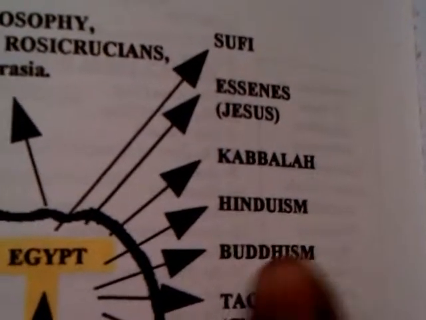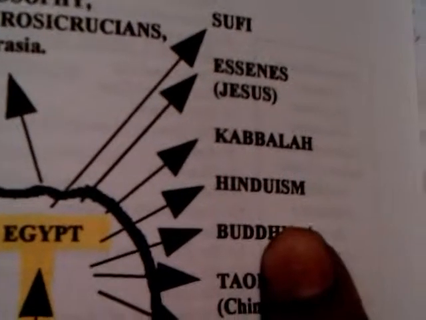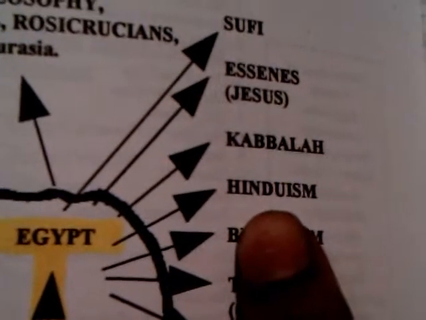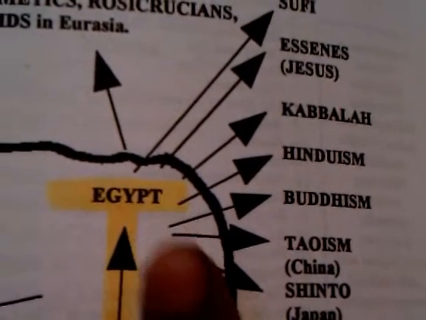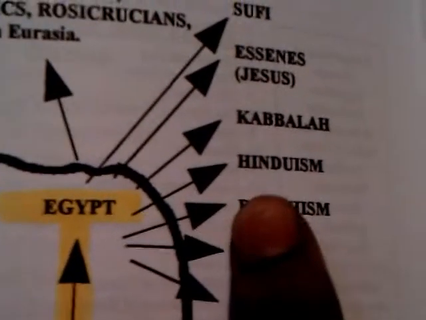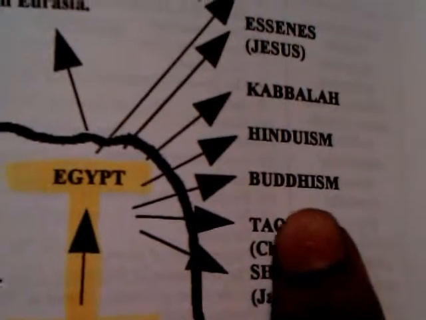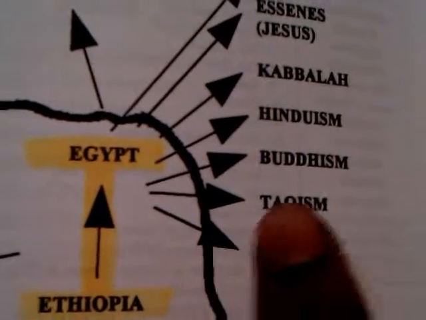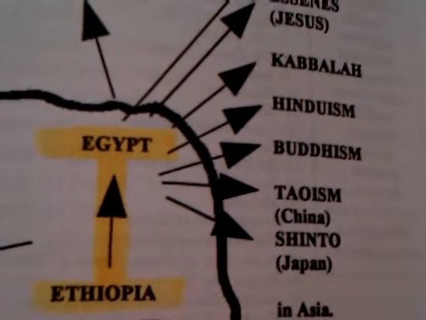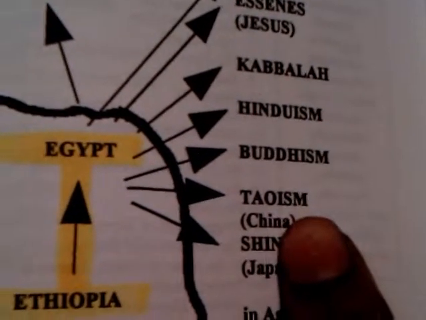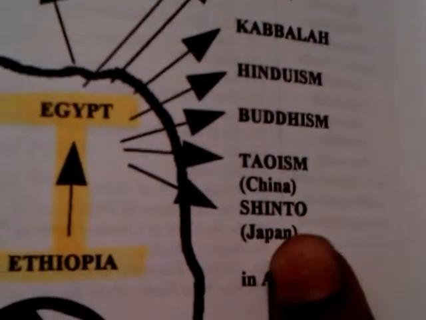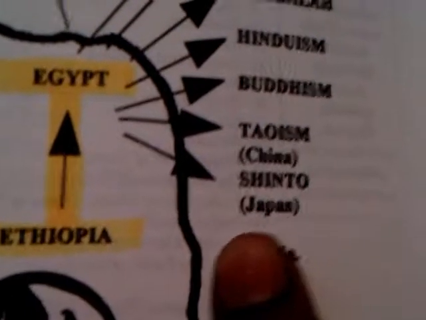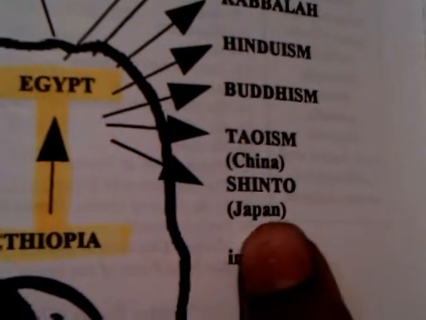We have it also come out from ancient Egypt into Hinduism, and Hindu Kush, as it's known, and Kush is referring to its Egyptian, Ethiopic, and its real origin in Africa. Buddhism, the same with Buddhism, coming out of Africa, coming out of Egypt, originating from ancient Ethiopia, or Taoism in China. Taoism also coming out, branching out, or even in Japan, Shinto, or Japanawi Hymenot in Japan, and all of this is now in Asia.